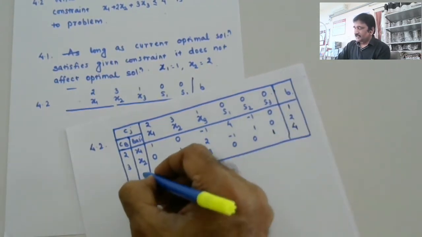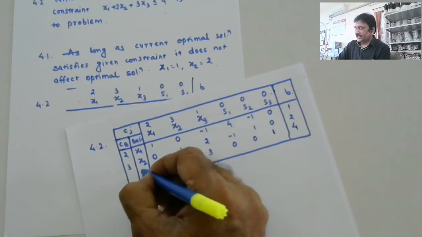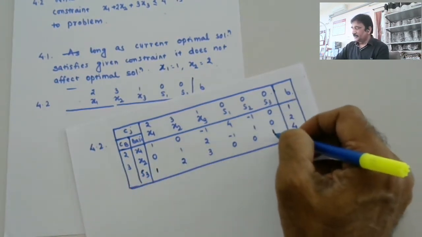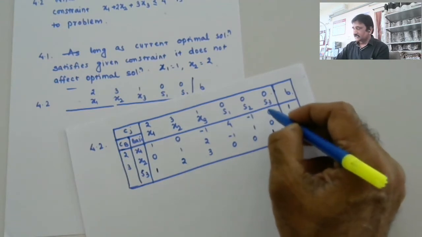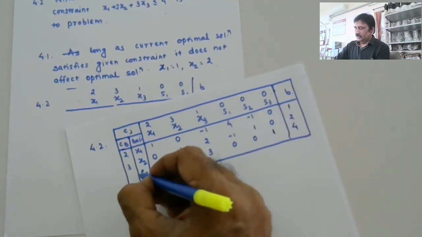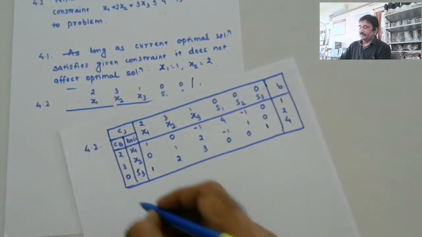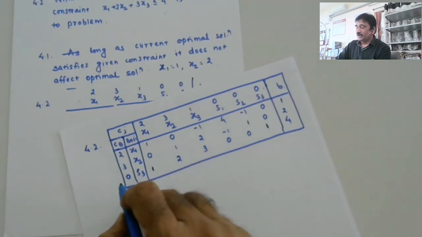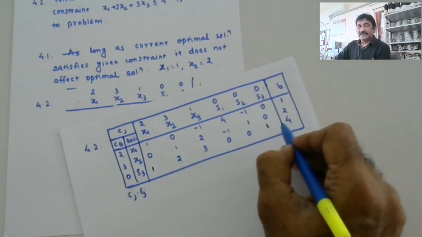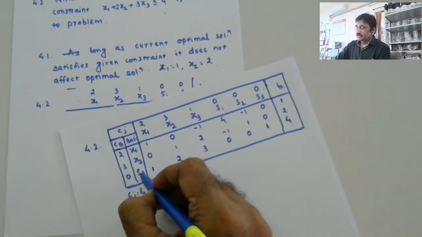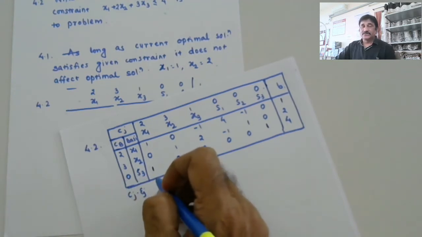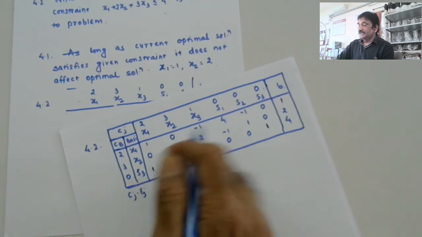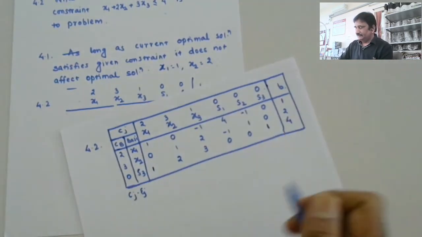So my third basic variable now becomes S3 because it satisfies the condition of becoming a basic variable. It has coefficient 1 in the third constraint and 0 in all others. So S3 I make a basic variable. Even my Cj minus Ej values won't change, because the new constraint I have added has coefficient 0 for that basic variable, so that is not going to make any change in Ejs. Cjs are still the same.